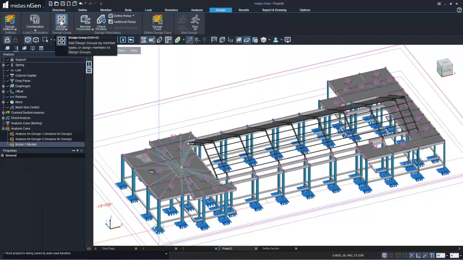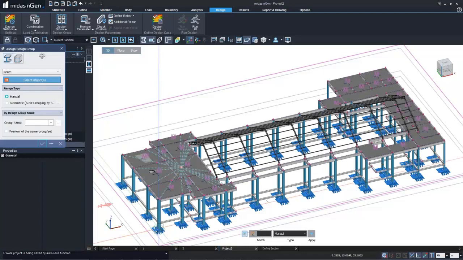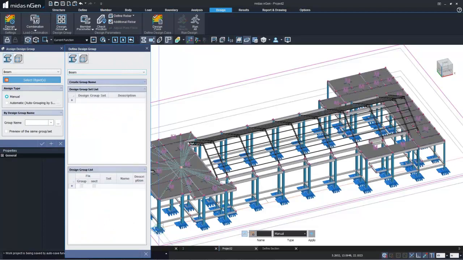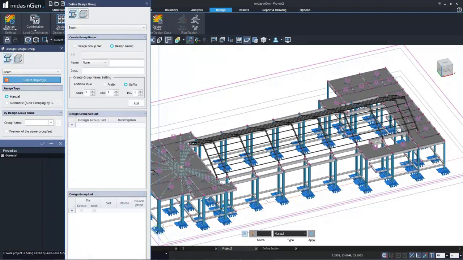And next comes the design group. Yes, we can create our own design groups, and with the help of these design groups, we are going to get the drawings automatically generated by the program. So you can click on design group over here, and we get the dialog box wherein this is about the steel members. So we can firstly make group names. There is a group name that can be created over here, like